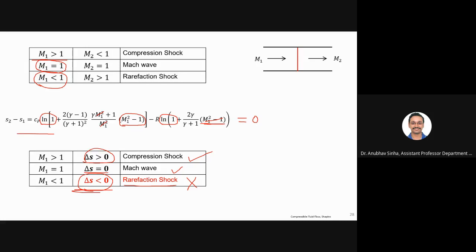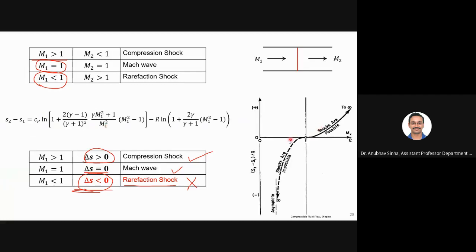And basically what you can do is, if you take this equation, gamma can be assumed to be constant, let us say 1.4 for air. So R will also be constant, and we are left with Mach number only. It looks like a complicated equation, but to make the matter simple, you can just take gamma to be constant, and basically we are talking about delta S as a function of Mach number. So graphically you can show it to be like this.